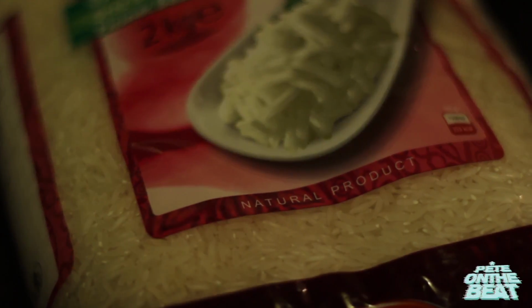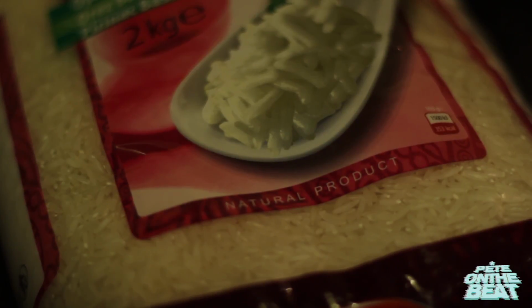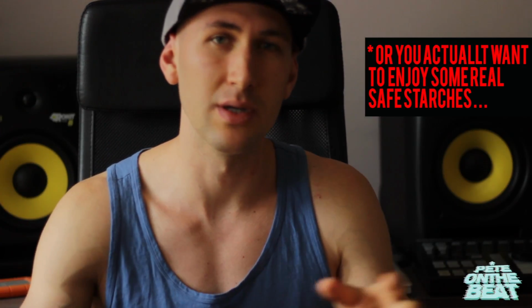And right now I'm about to show you a closer view of the rice. It says that it's an all natural product. The price is a bit higher, but it's definitely worth it, especially if you're a bodybuilder and you really want to live that healthy bodybuilding lifestyle. You want to do the 1 meal a day plan without any cravings or blood sugar dysregulations. I definitely encourage you to try to get your hands on high quality